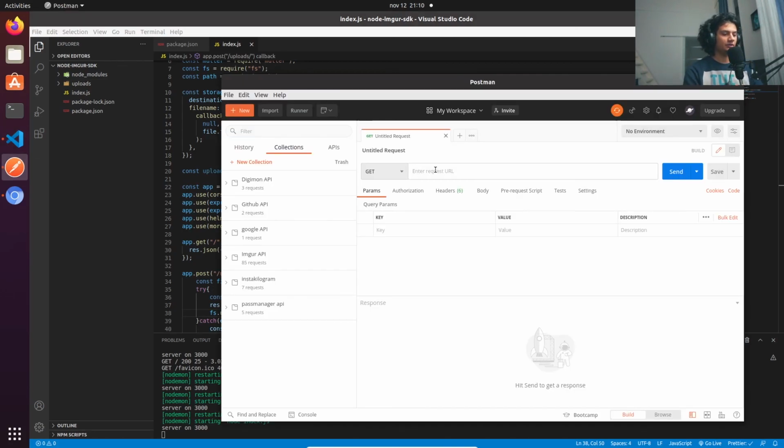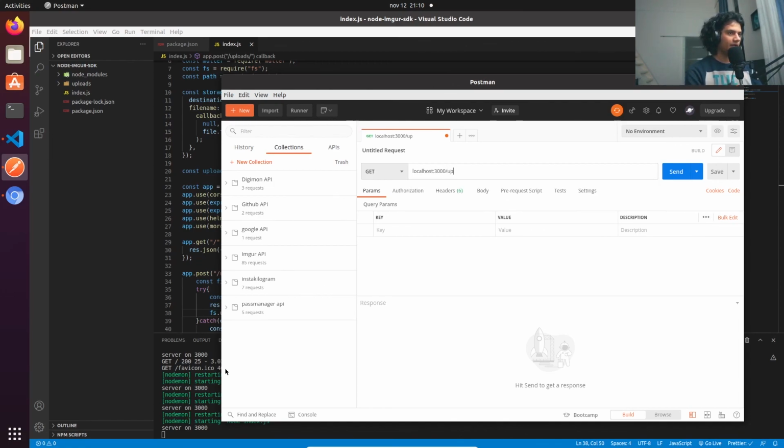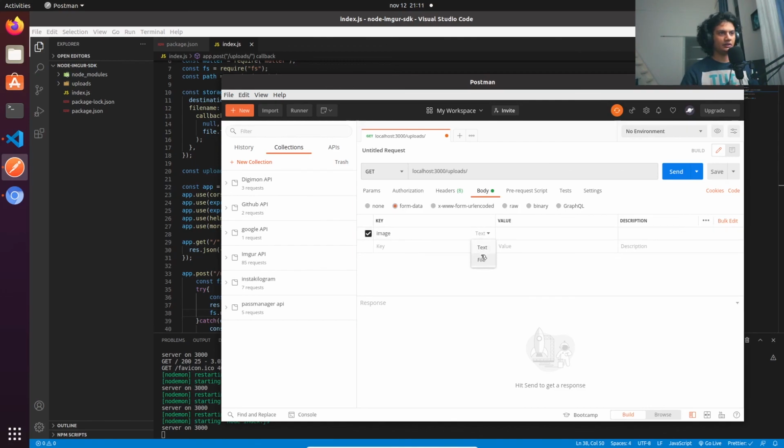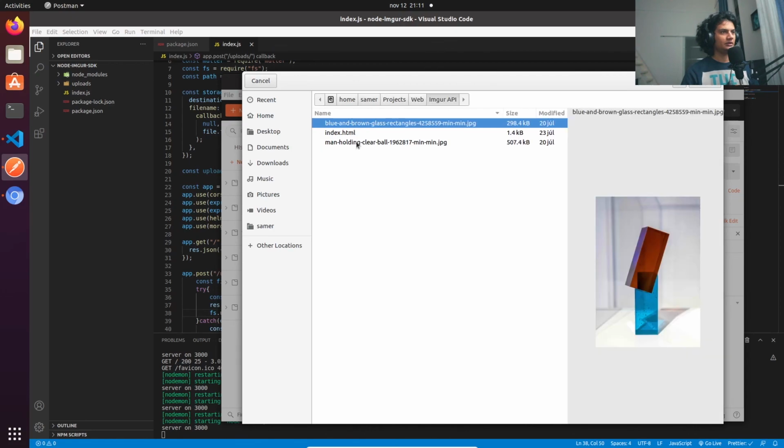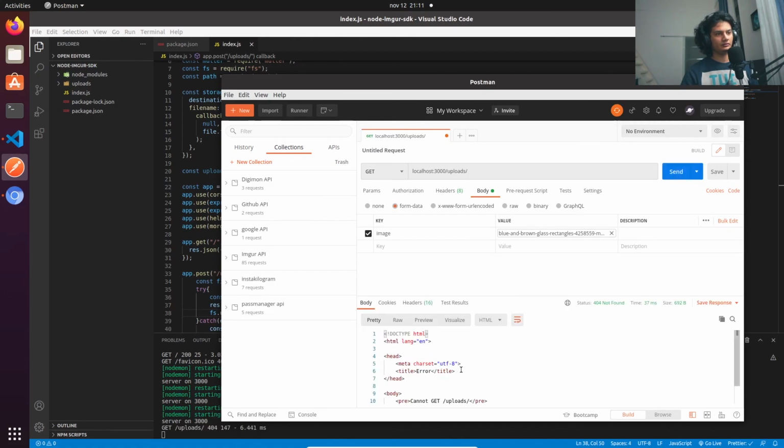An empty request to localhost on port 3000, and it's on the uploads. What do we need to send? We just send from the form data image. Oh yeah, it's a file. And so it's a post actually,